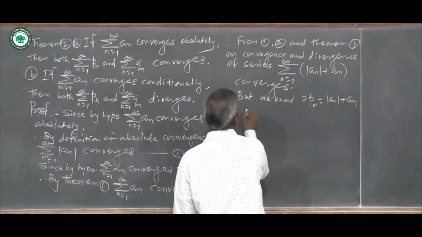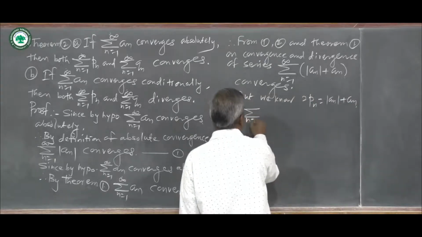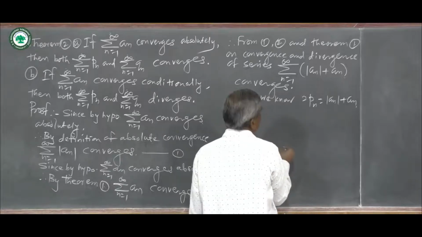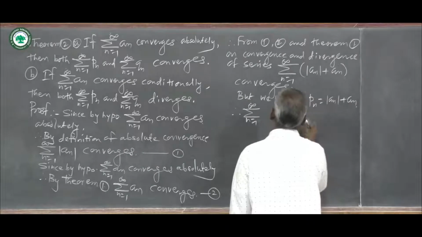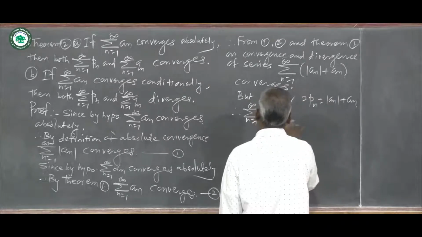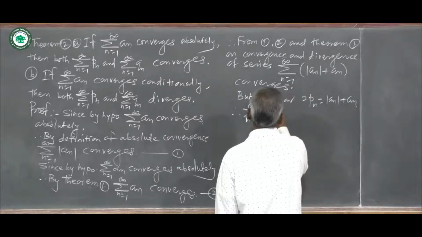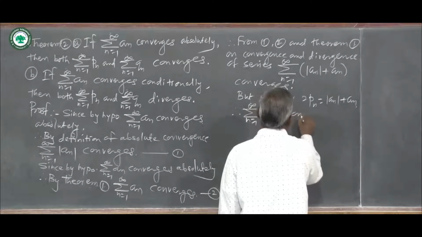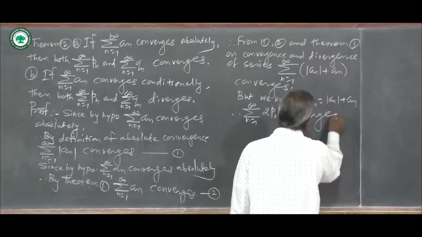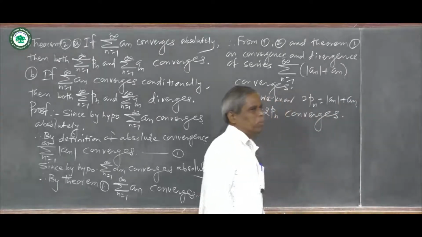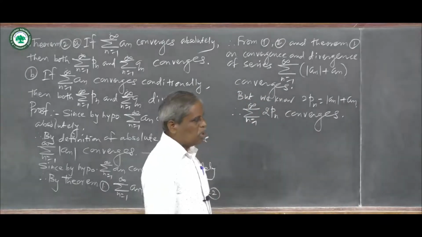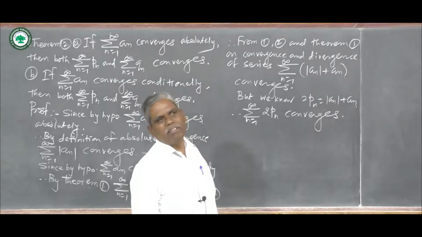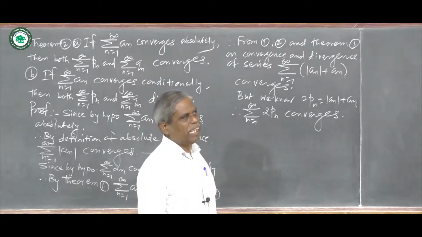Therefore, summation n is equal to 1 to infinity 2 times Pn converges. Therefore, by theorem 1 on convergence and divergence of series,